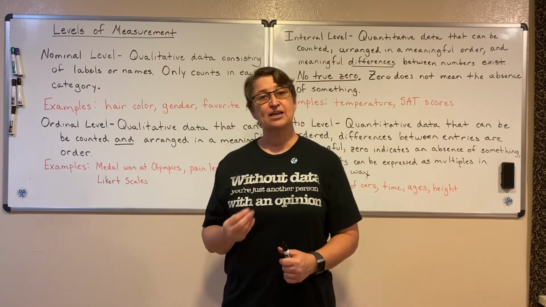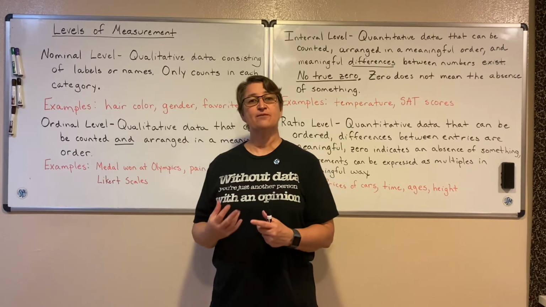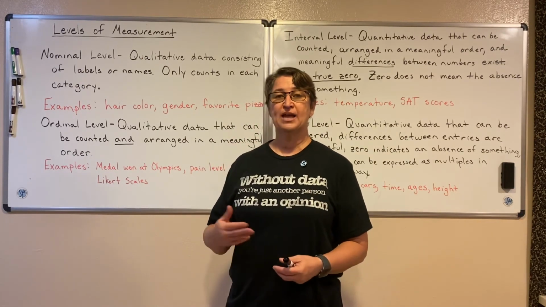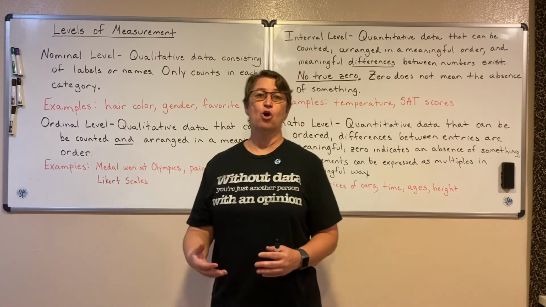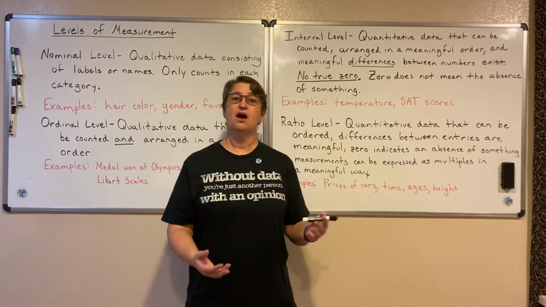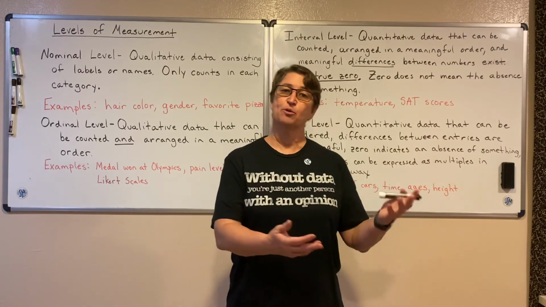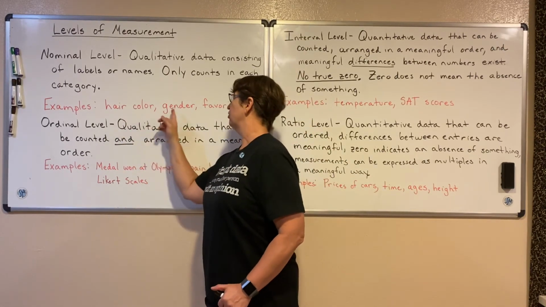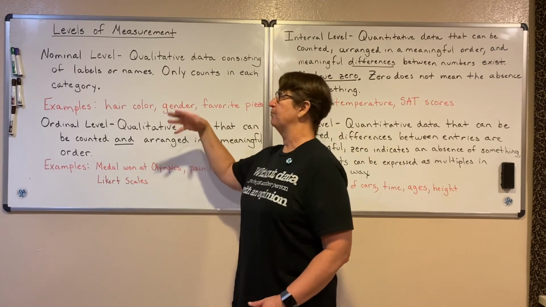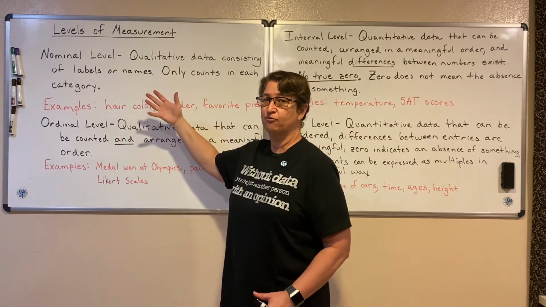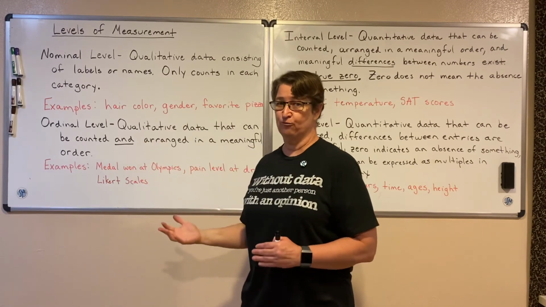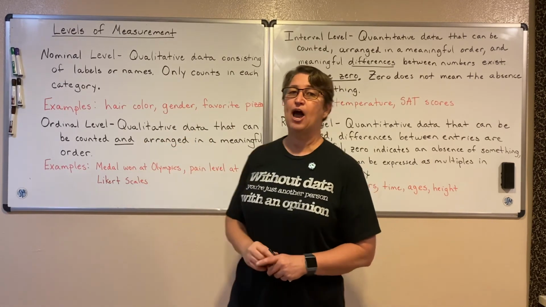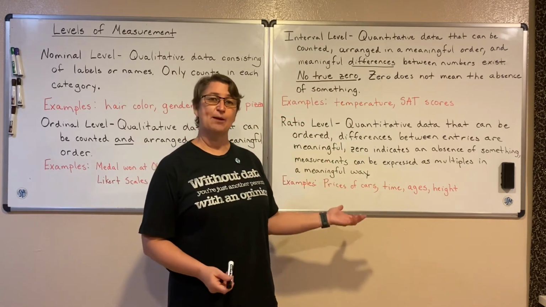The only thing I can do statistically is find maybe a proportion of my population that has black hair. Or I can find a percent of the population that has purple hair. So hair color and gender and favorite pizza toppings, those at the nominal level, I can't find a mean for those things. So being able to tell the level of measurement helps me to determine which type of statistic